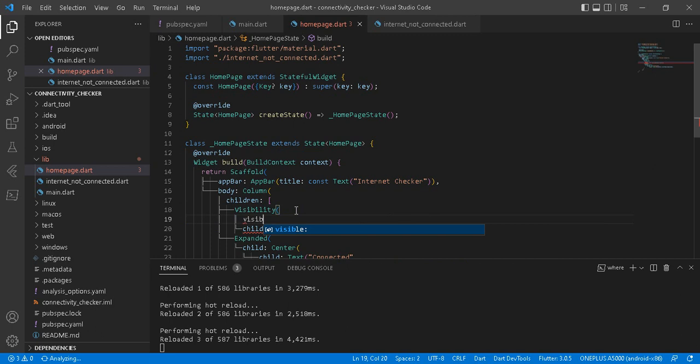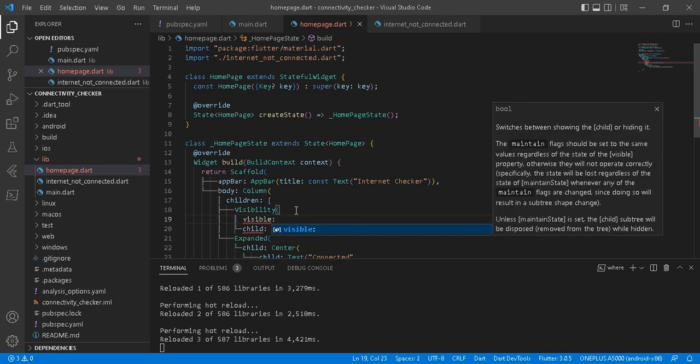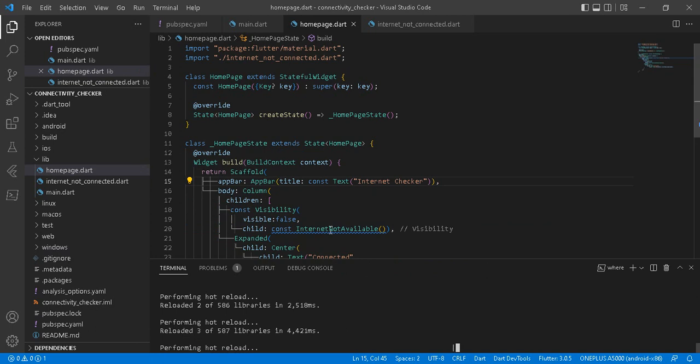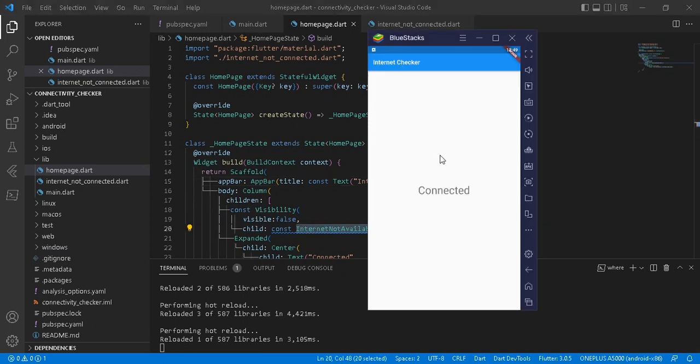parameter, which allows us to change the visibility of the widget. Let's make it const first, and then when we reload it, our internet not available widget would disappear. As you can see here, it is not showing now, but we want it to be visible and invisible